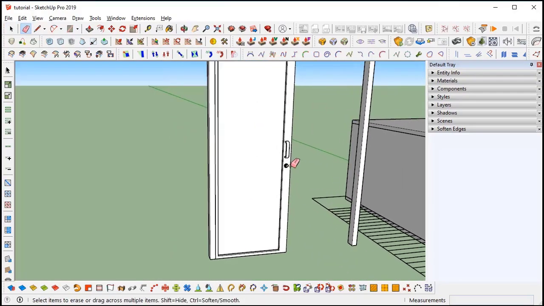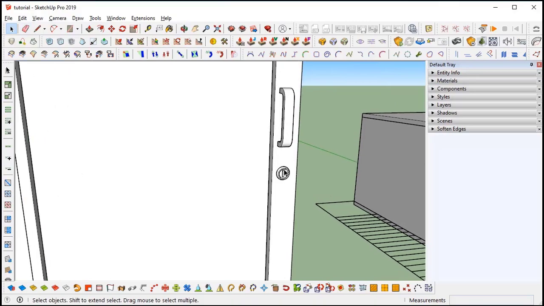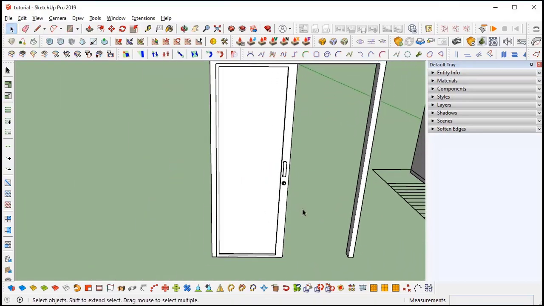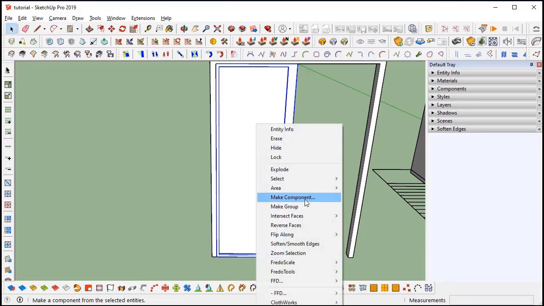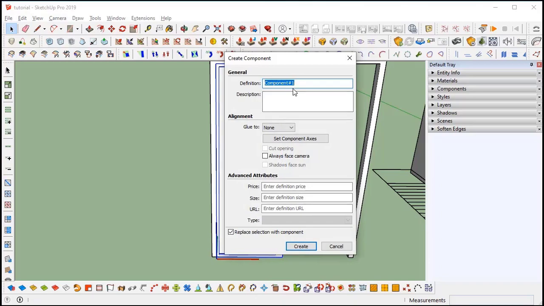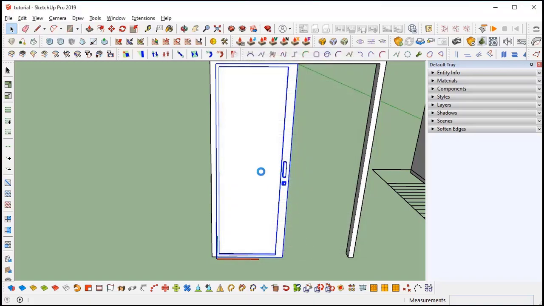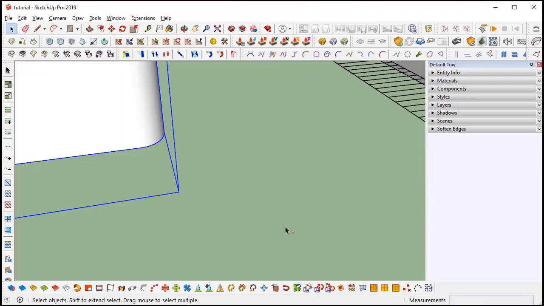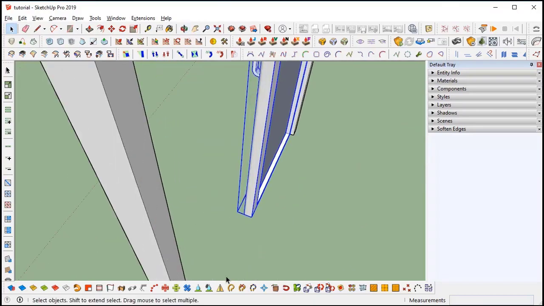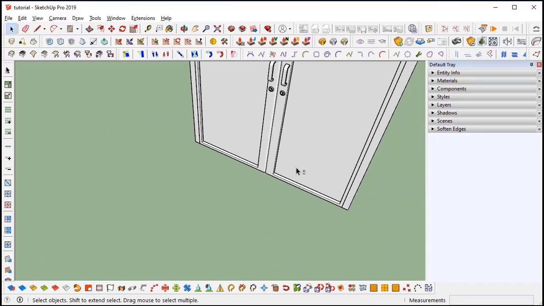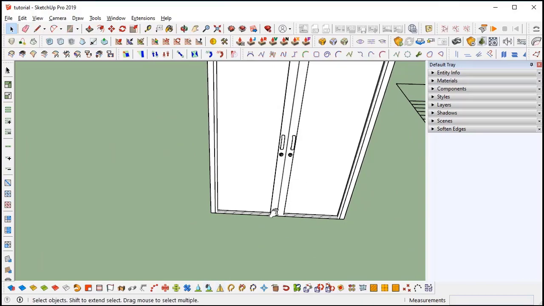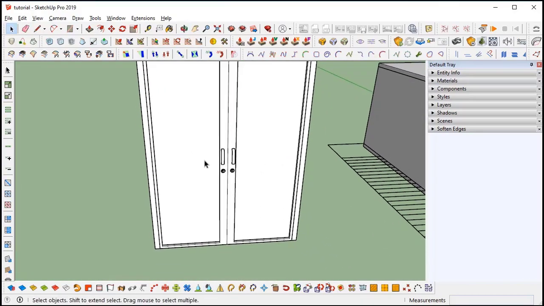Small details, these won't be visible in the array, but creating small details. I will select all the parts and I will make it a component. And I will assign a name like door, front door would be nice, and create component. And I will use a mirror. You can use this mirror shortcut from JHS Powerbar, that is a plugin. You can download it from sketchucation.com.